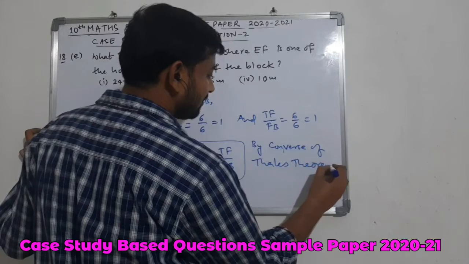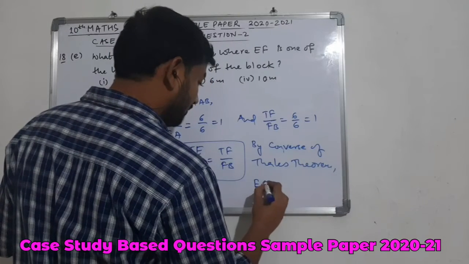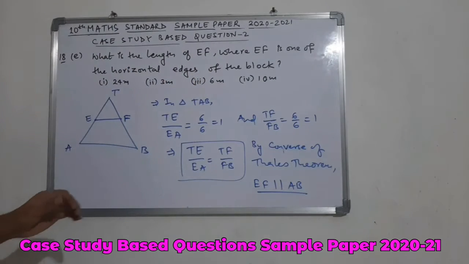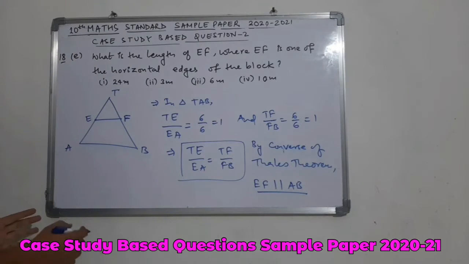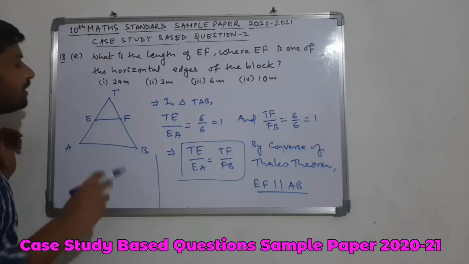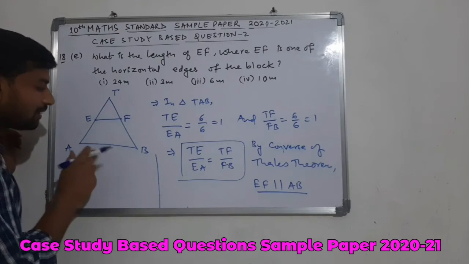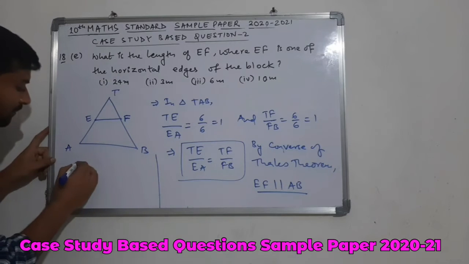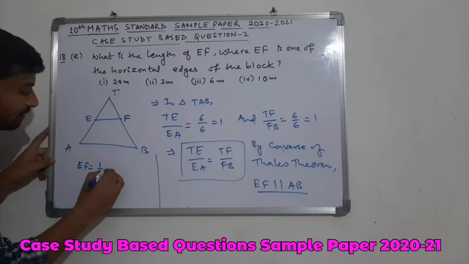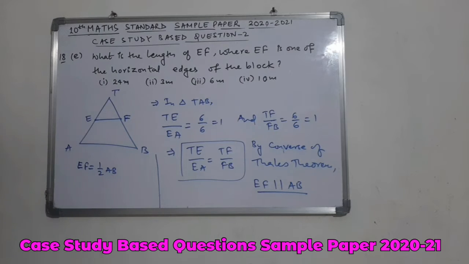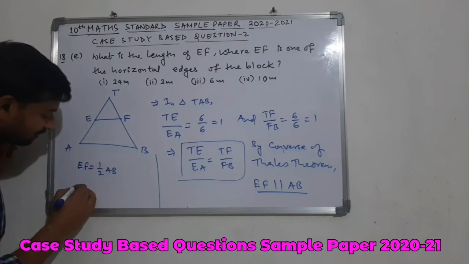we can write here that this line EF is parallel to AB. This is a very important result. EF and AB are parallel. If they are parallel, then we have one more piece of information here. In 9th class, you must have studied the midpoint theorem. If EF and AB are parallel and they intersect at the midpoints of the triangle's sides, then EF will be just half of AB. This can be proved very easily. Here, the length of AB is nothing but the edge length of the pyramid.